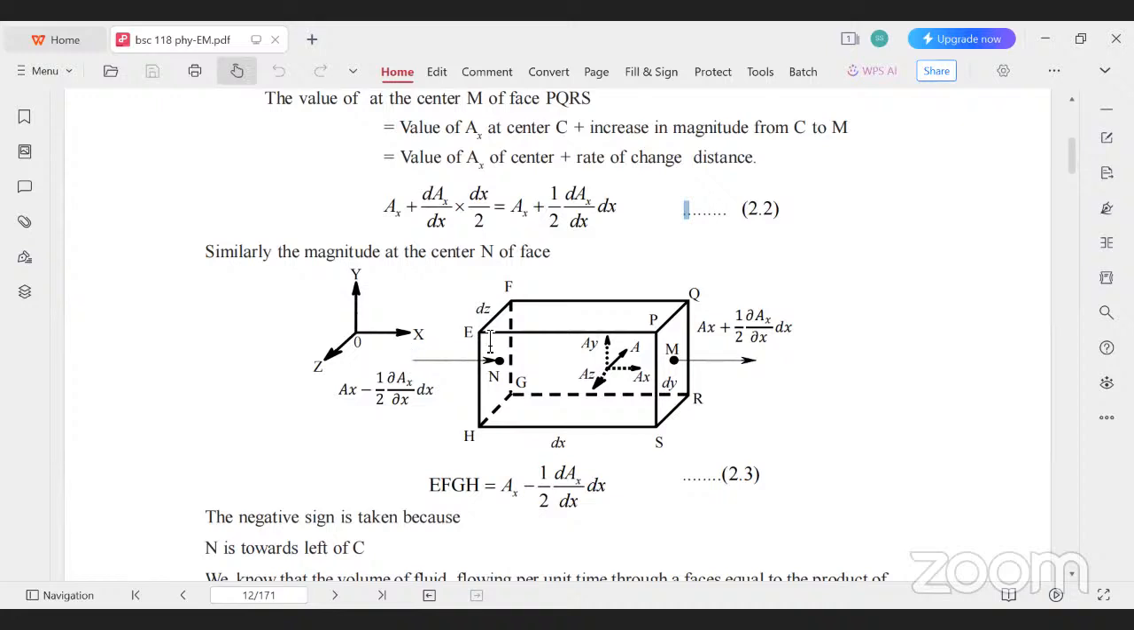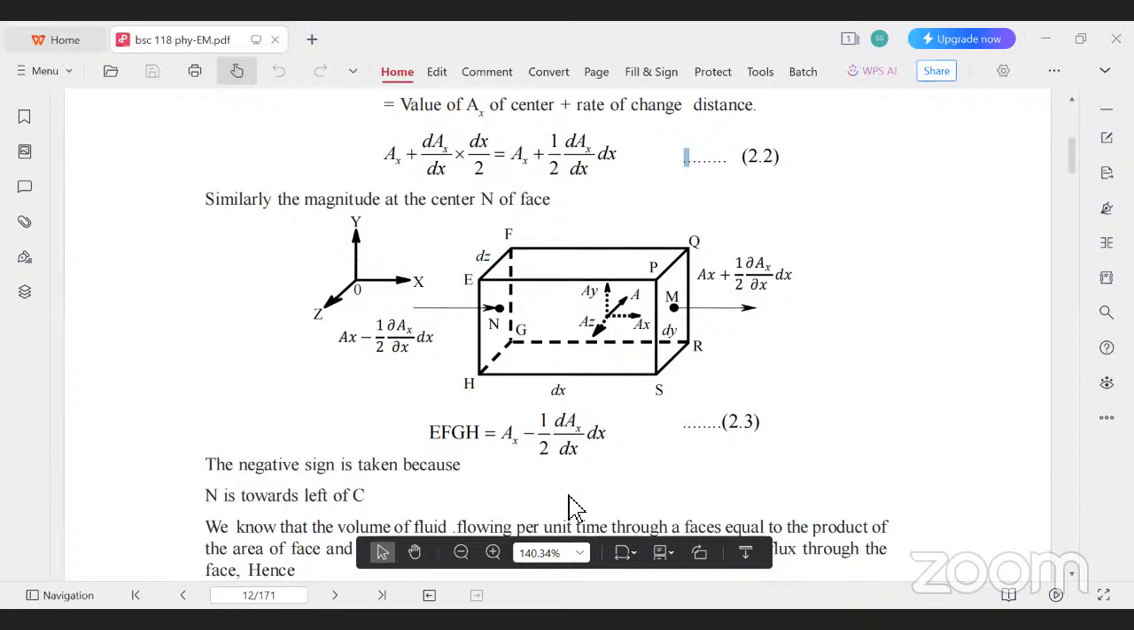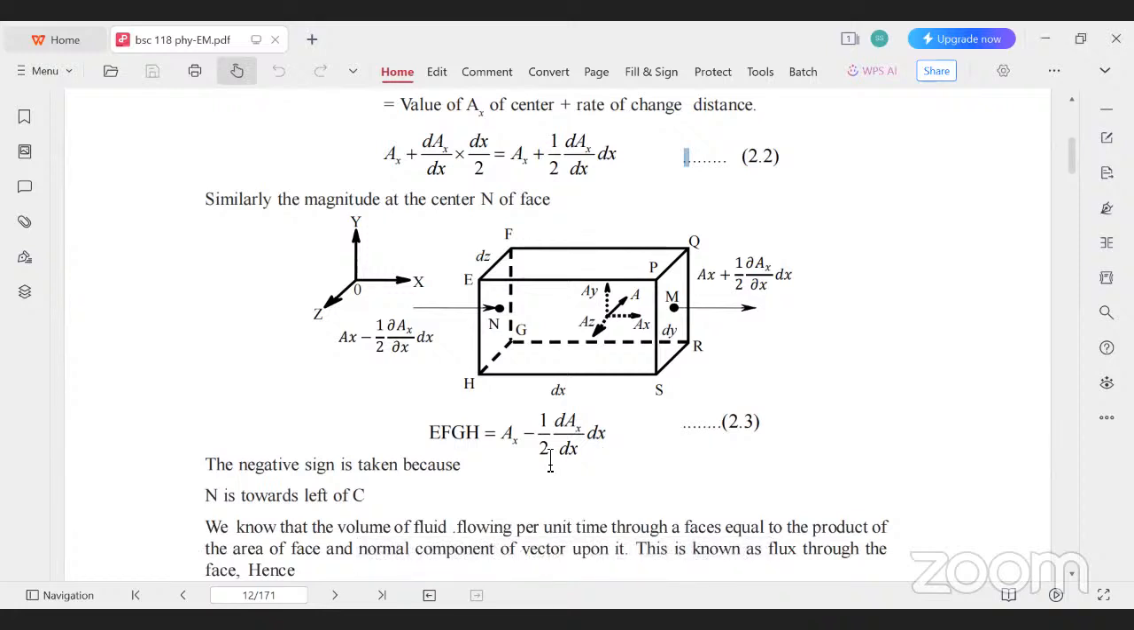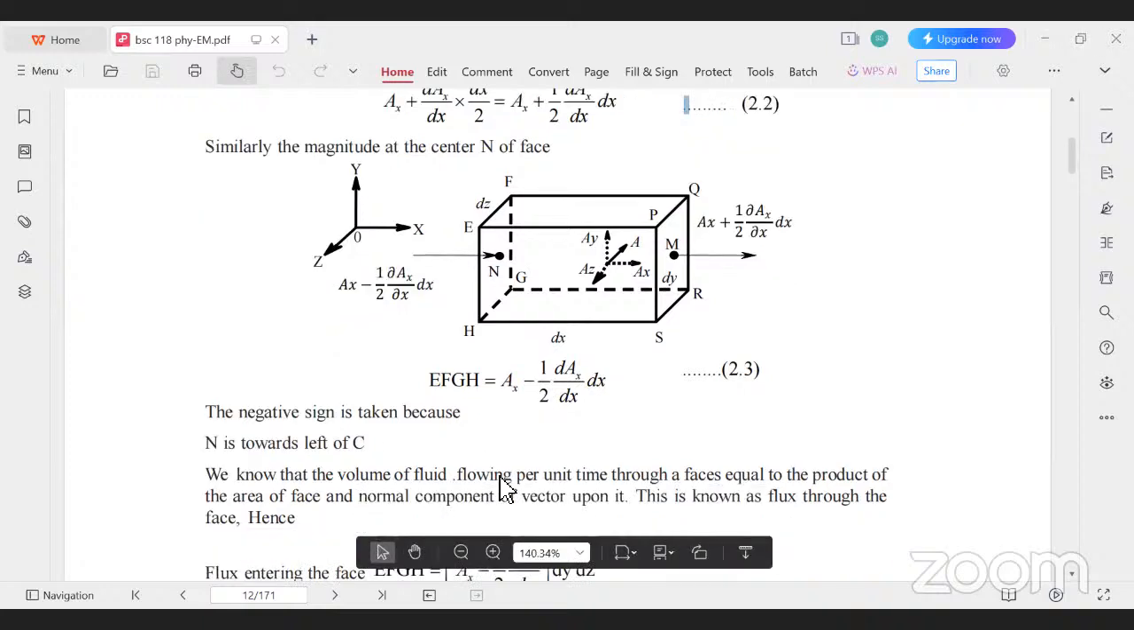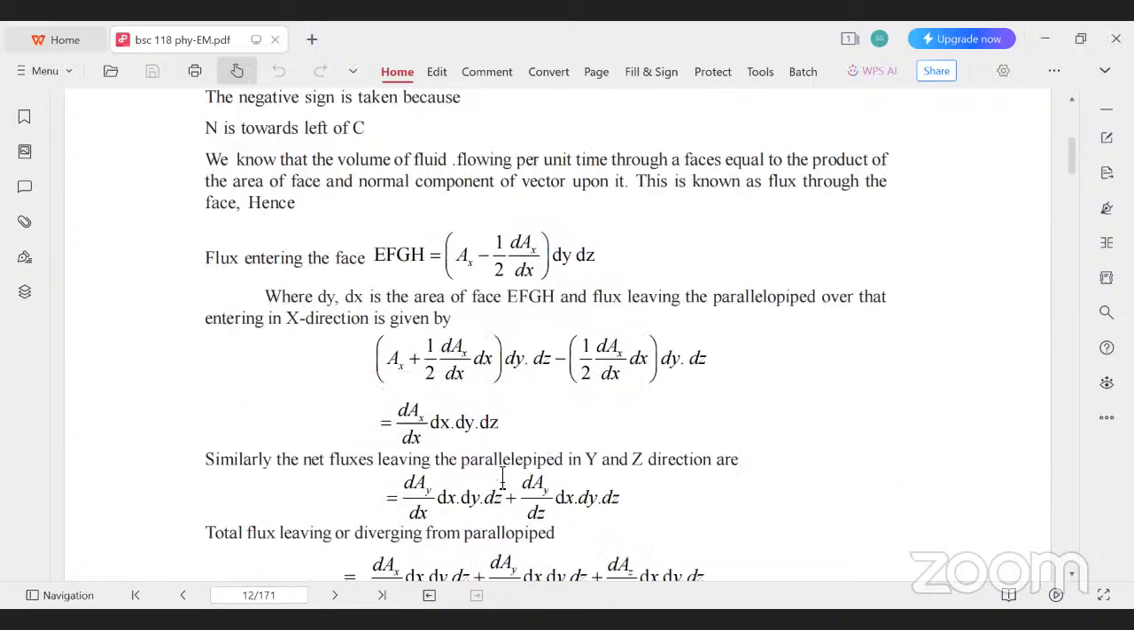I've done it, I'll show you in the next class. Now I can't search and I can't show you. So I've done the coordinate system, how these x, y, z coordinates can be written. The negative sign is taken because n is towards the left of the center. Left side will be negative, right side will be positive. With that, you can find the